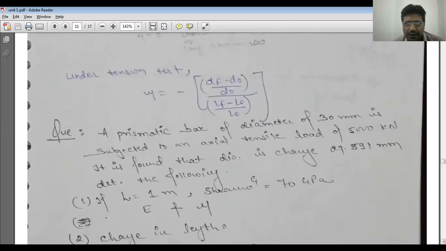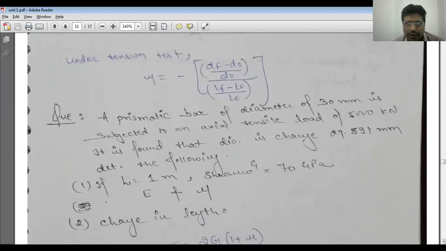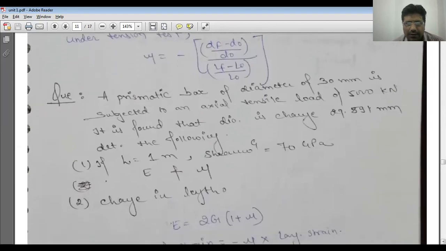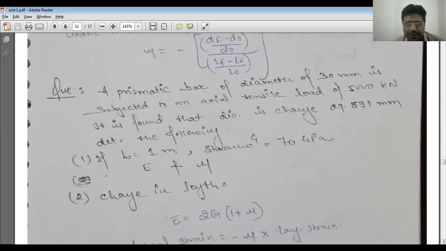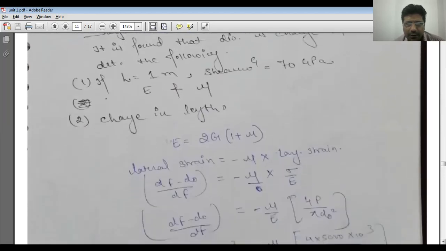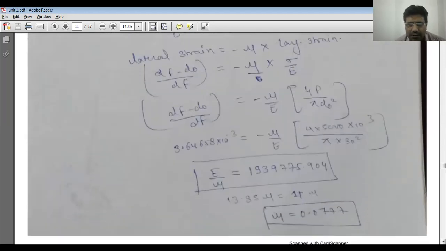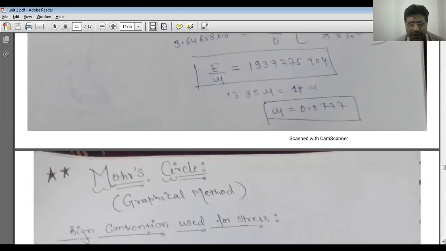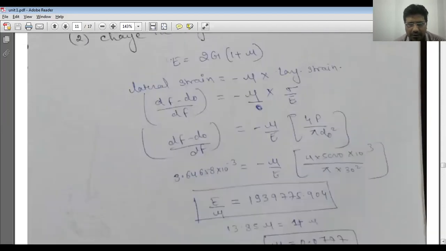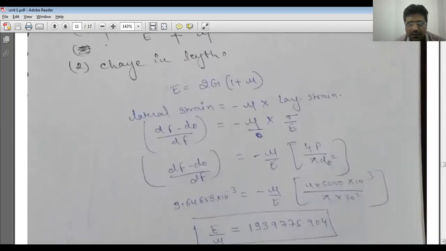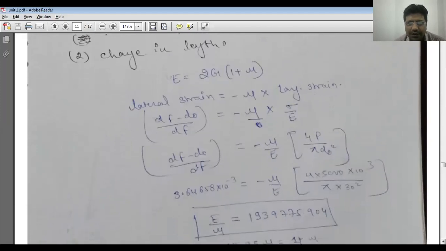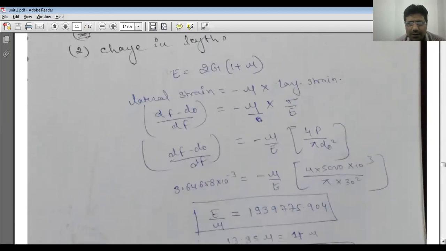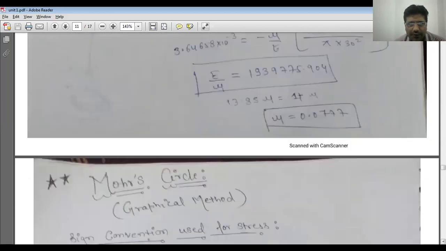Then substituting this value, for length equal to 1 meter, G is equal to, so substituting these values in the given equations, we will find the final values. It is simple, you have to keep the values and then everything will be found. There are no manipulations, only basic questions and basic values, and if you are still puzzled, you can get in touch with me.